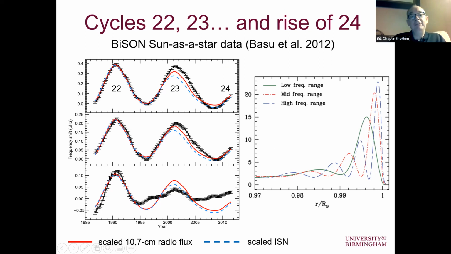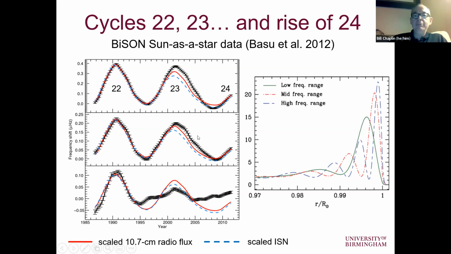The low frequency stuff is varying nicely like the higher frequency modes are in cycle 22 to 23, but then suddenly that variability disappears in cycle 23 and cycle 24. So this is giving us really interesting insights into what was changing beneath the surface of the sun as we went into this cycle where the levels of activity were much, much lower.